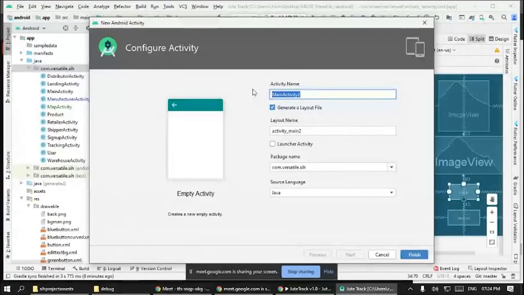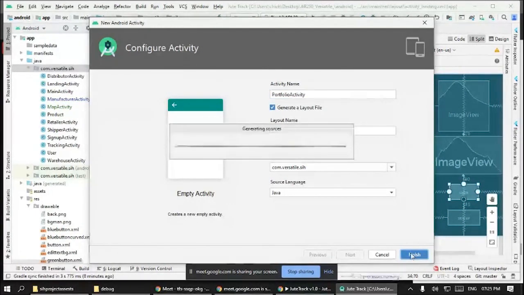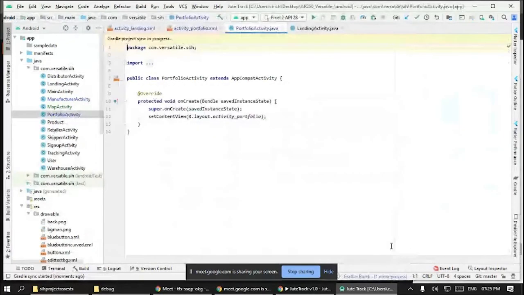Name it whatever you want, but I will name it portfolio because I don't want to get lost in a lot of activities out there. The package name and everything will be filled out for you. Just click finish and let Android Studio do the job.